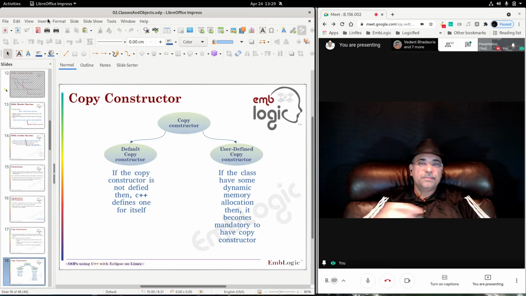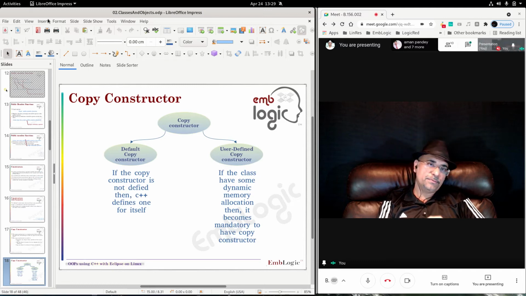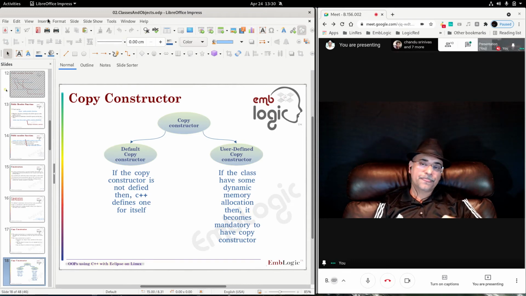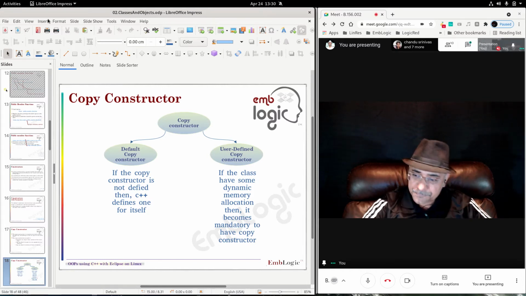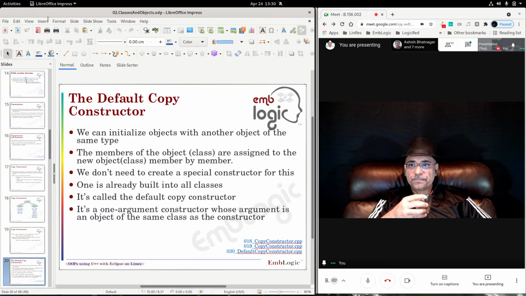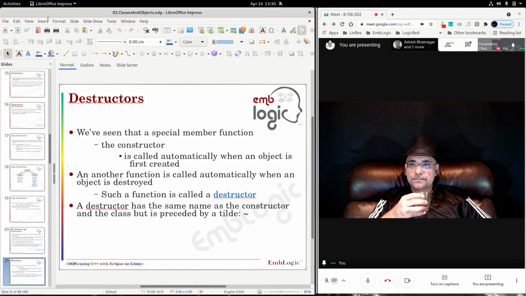Obviously, the destructor frees the memory and all other resources that were being used by the object. When the object is destroyed, the resources are returned to the system, and the system can use them for other purposes. Destructors.